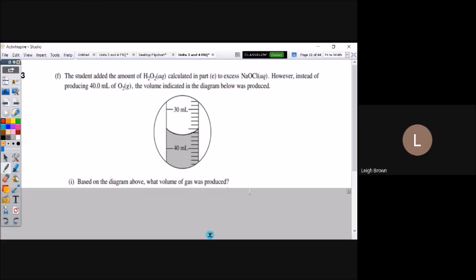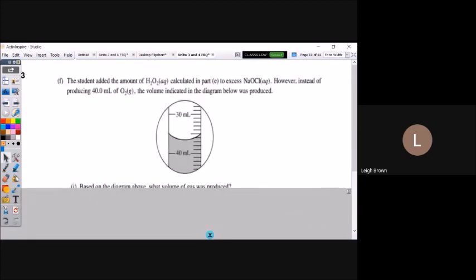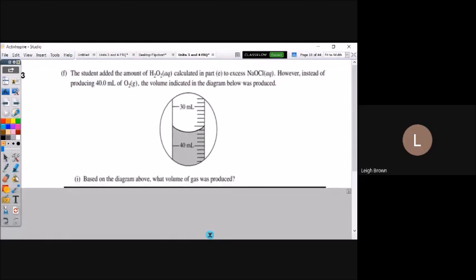So it just says, based on the diagram above, what volume of gas was collected? Okay, so when you're doing a question like this, it's going to be significant figures. If you have not enough or too many, you're not going to get any credit. So notice this volume is between 30 and 40, okay? Now notice it's going down, like 0 was at the top, okay? So this answer is going to be 30 something.